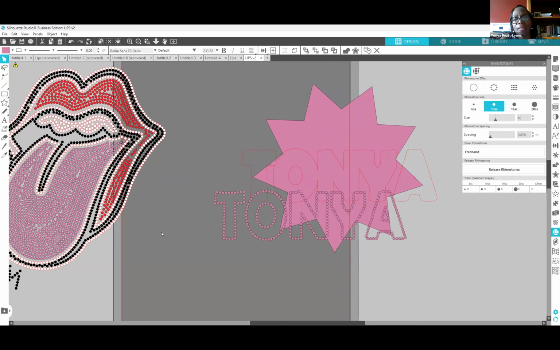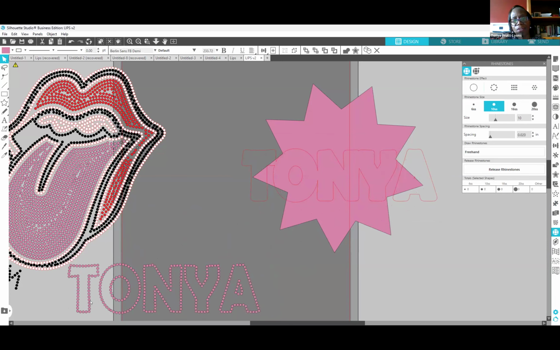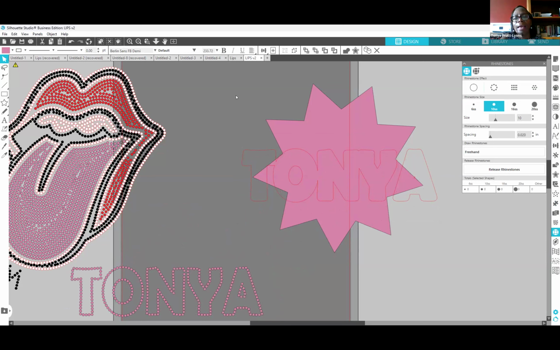So I'm going to move my Tanya out of the way, right? Left the rhinestones on. I'm going to grab both of those. I can drag my box like this, right? Or I can select each one, hold the shift key, and then get the second one. So here's this outline. Well, actually, because parts of the offset weren't connected, that's why it made separate pieces. So not to have to worry about that, I'm just going to drag my box out over the whole thing,